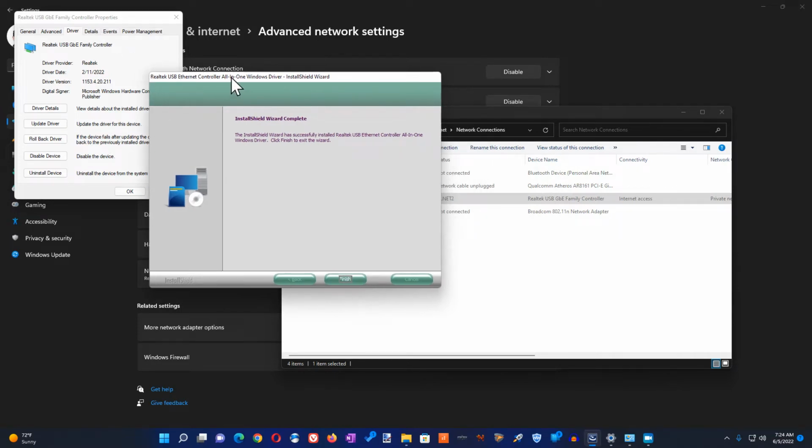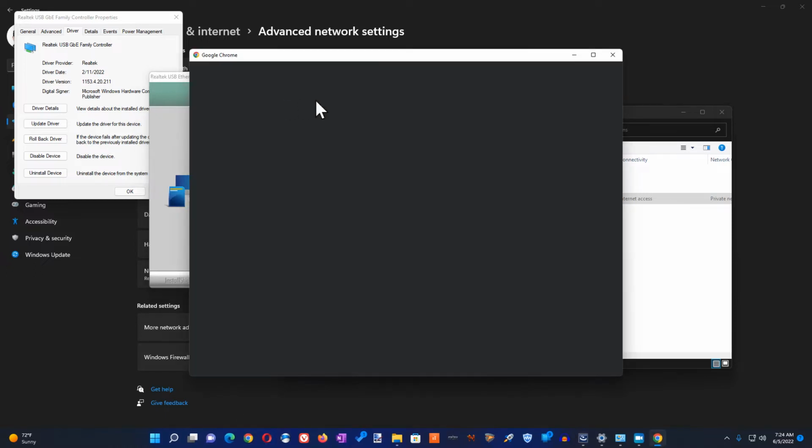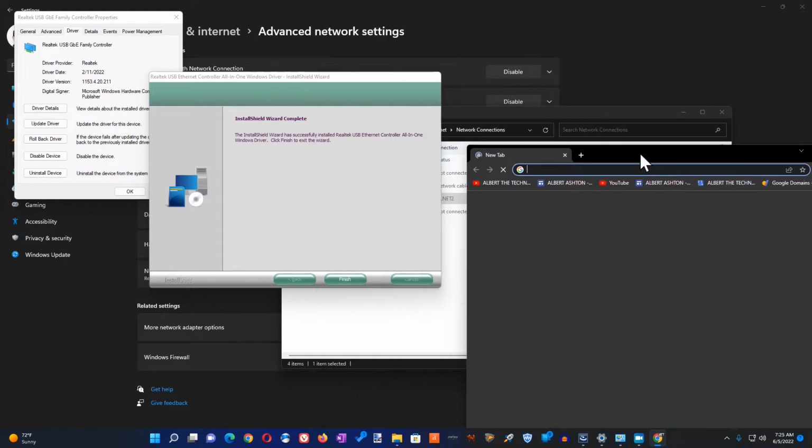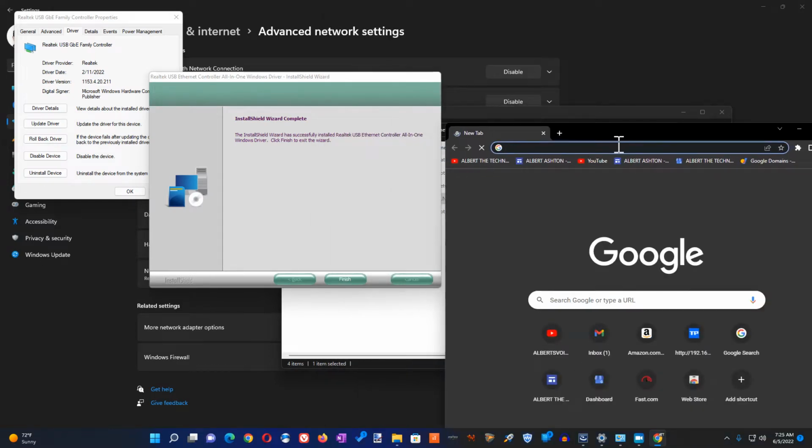I had to go to Realtek. I had to go to their website to get the current driver. Shouldn't have to do that. But this is how we live in such a modern world, that we have to go to them. Let's see something here. I typed in